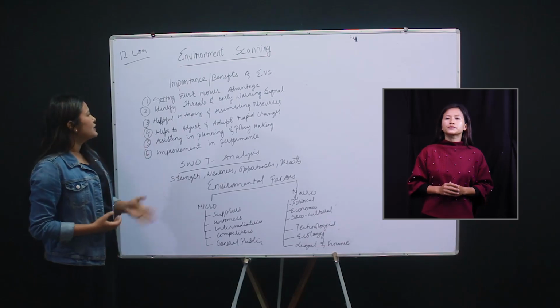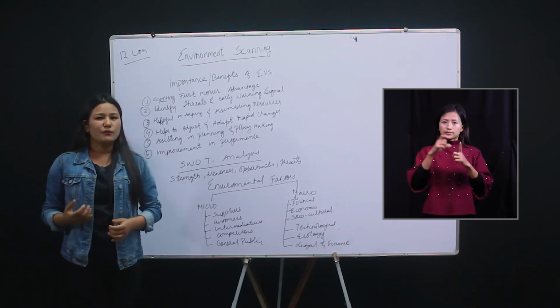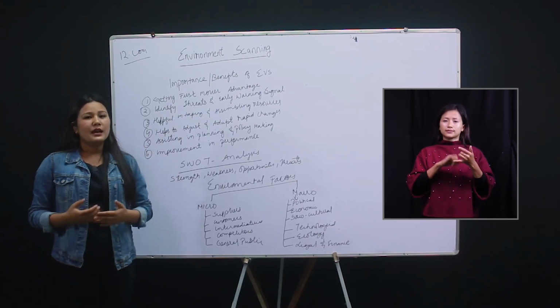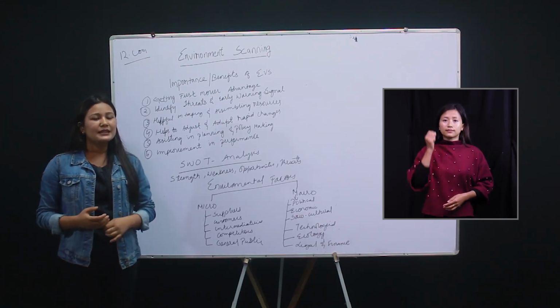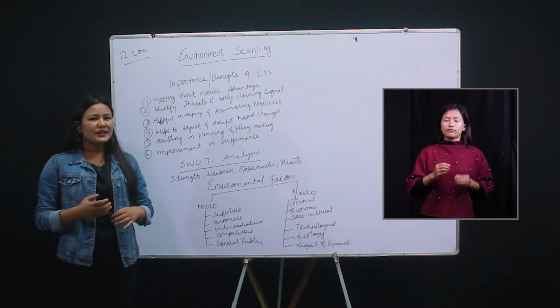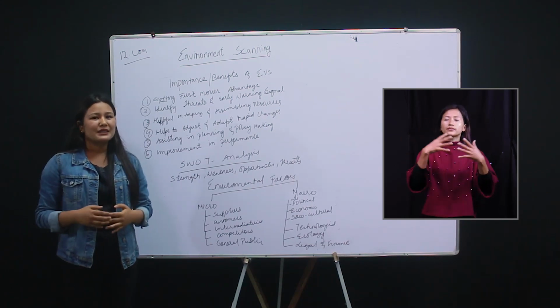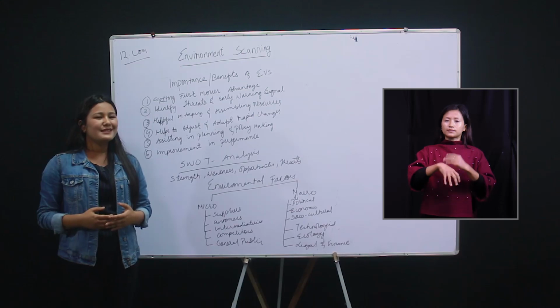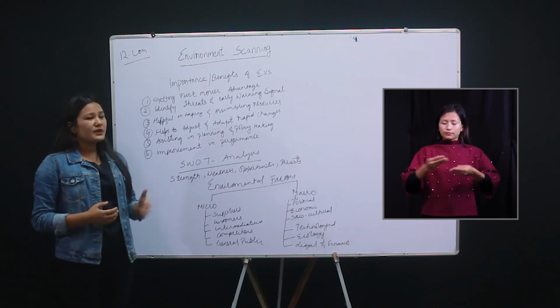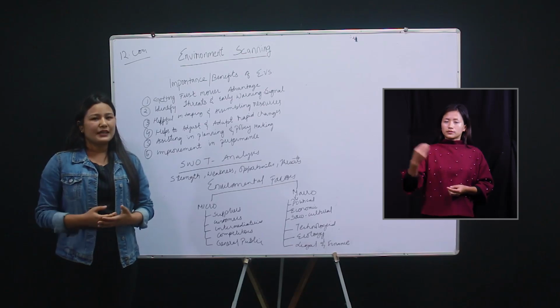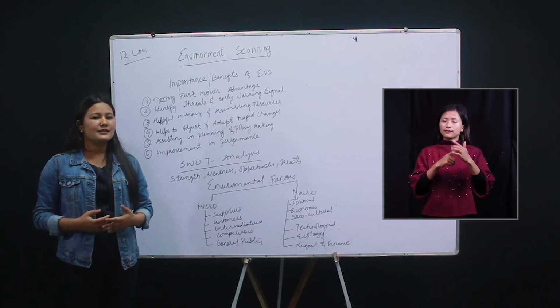The next is identifying threats and early warning signals. If an entrepreneur can understand and scan the environment well, he or she can overcome the constraints and negative policies that will have an influence on the business. An entrepreneur can easily detect the threats and early warnings that are coming.